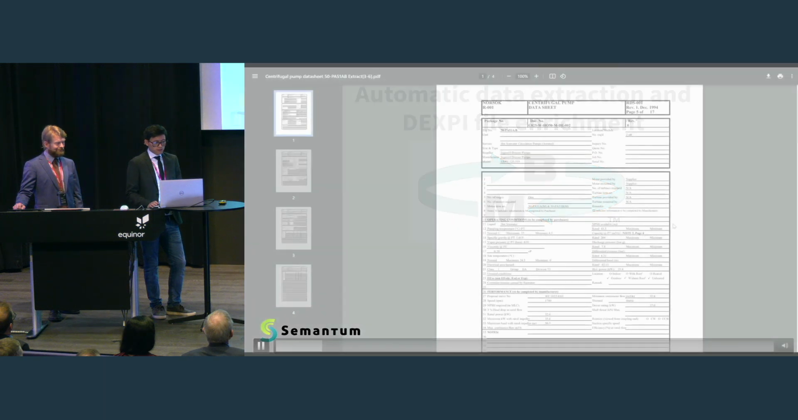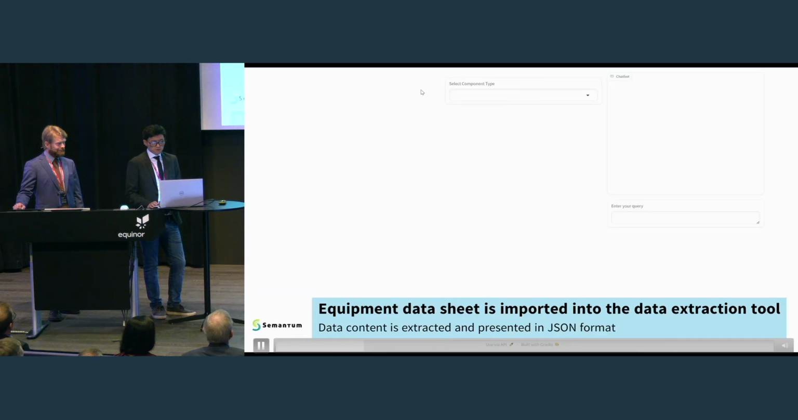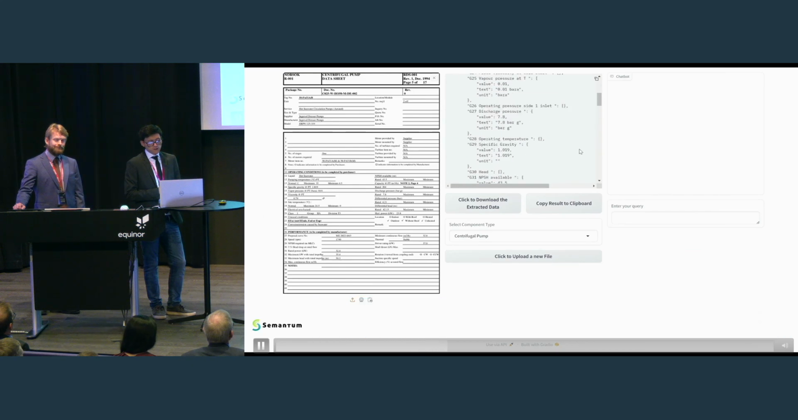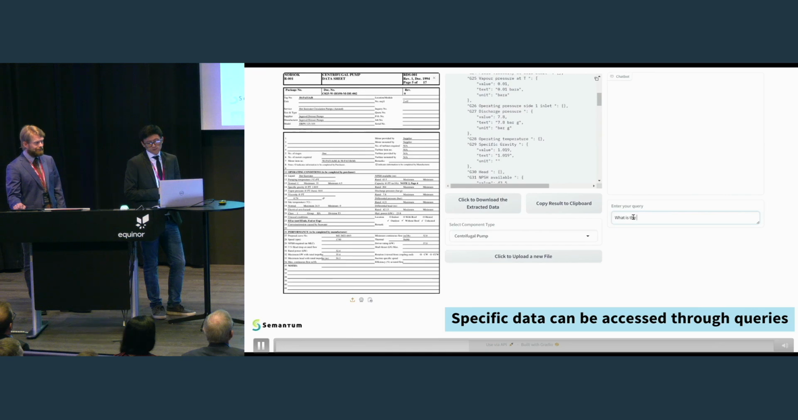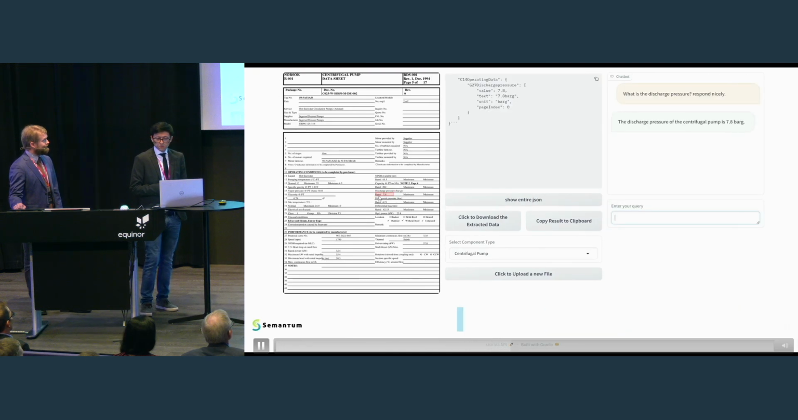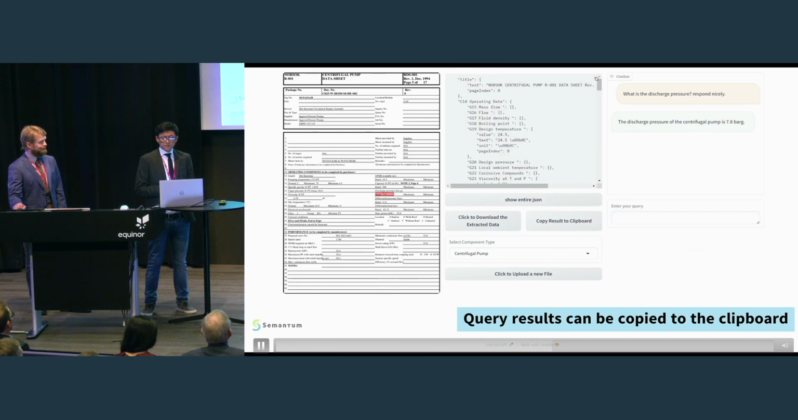So this is the datasheet that was made available. We are using just this large language model tool that we have. We extract data, we show it there in this machine-readable format, and then we are just querying the tool with these queries, also written in natural language. We take, for example, this specific attribute, we copy